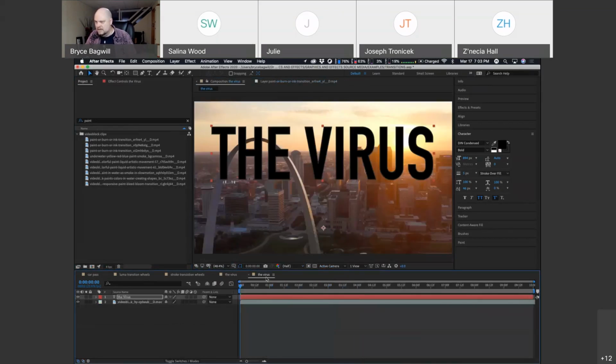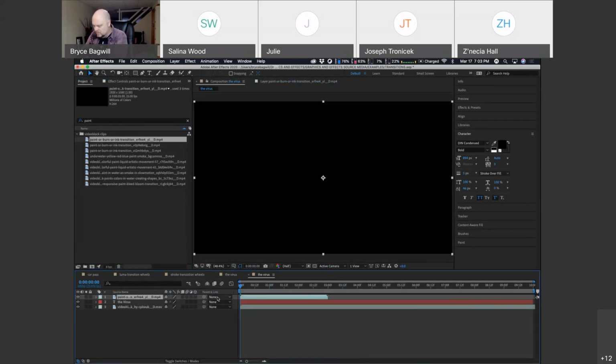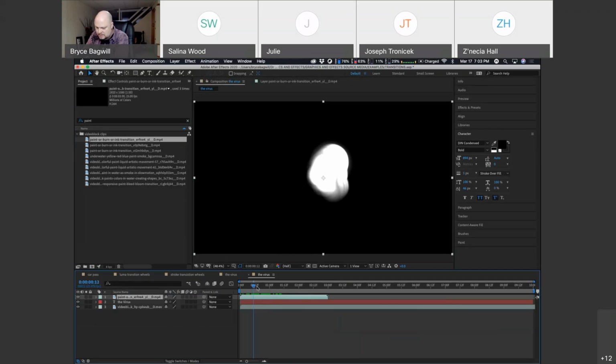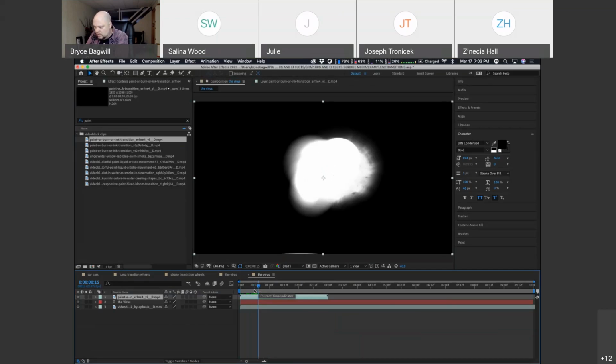All right, so I'm going to go back to mine. We're going to put that layer on top of everything we've done, which of course is going to black out everything. And now we have this thing that's overtaken our comp. But what we're going to do is change the relationship between the text and this effect. So I'm going to go into the toggle switches, and I'm going to toggle back from where we were, where we had access to the motion blur and the 3D stuff, and change it to the track matte options. And we are going to change the track matte,